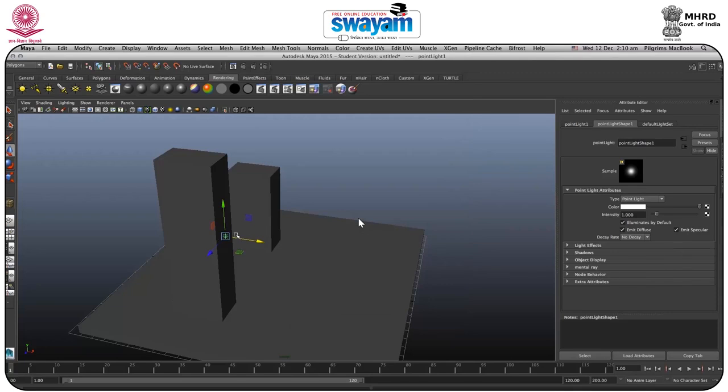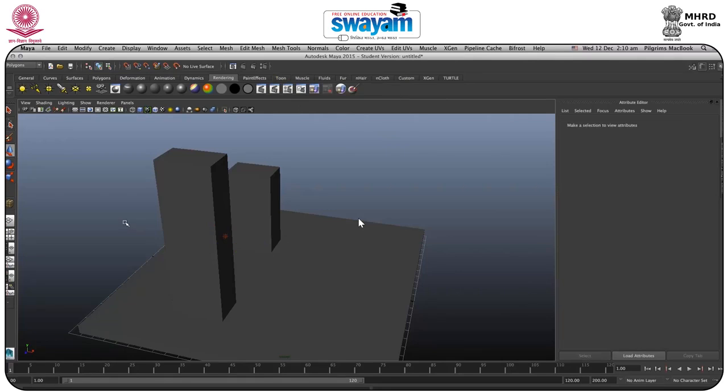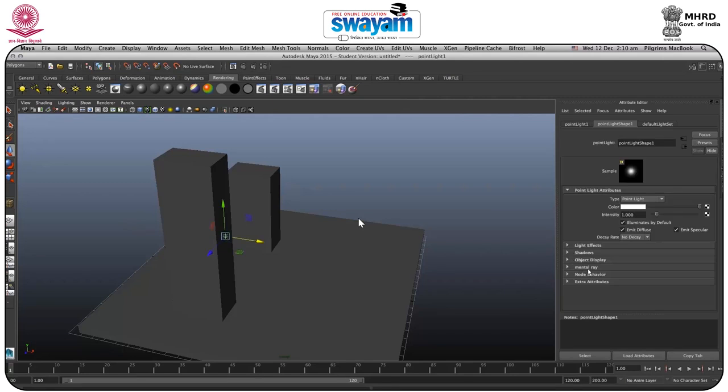Now by selecting the light, you have the mental ray tab, because we have switched the render settings from Maya software to mental ray. So you will get this mental ray tab. If you select the light, here we have the mental ray tab. If you click over here and go down,